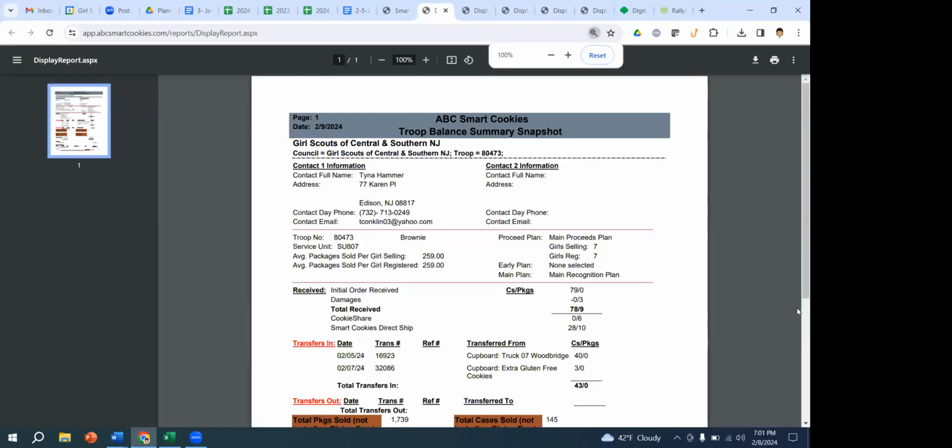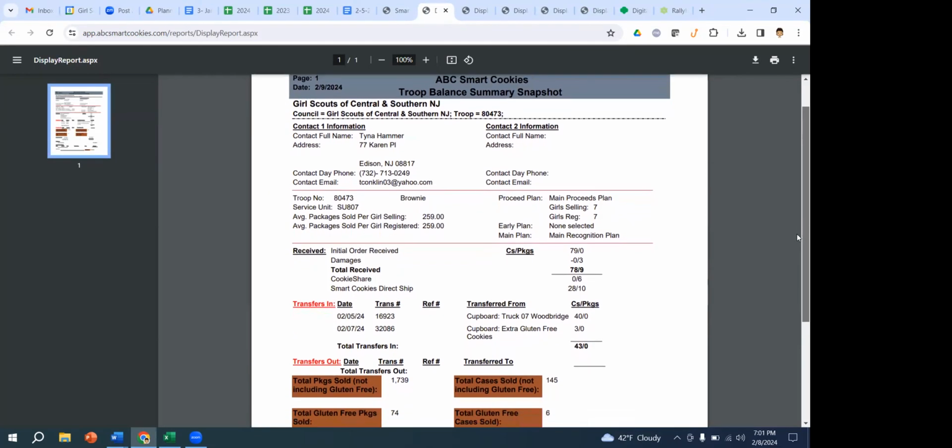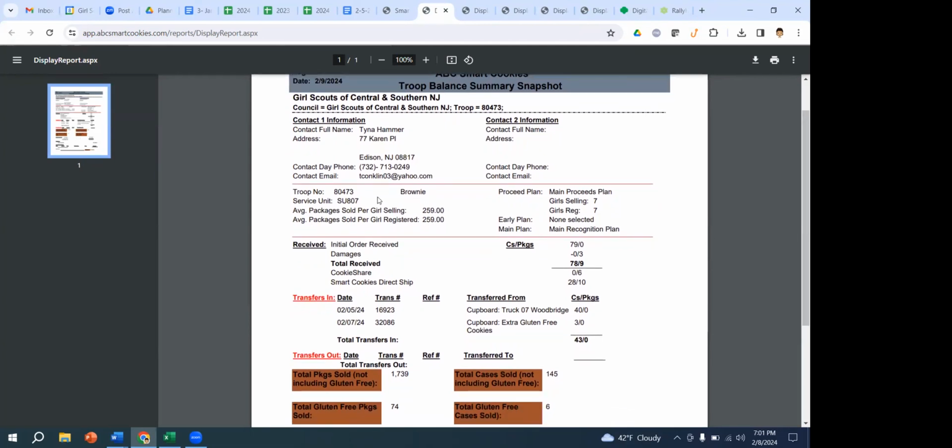So this is the snapshot report. It's basically the exact same thing, it just doesn't show all of the credit card transactions. It shows your troop number, your level, your PGA, which is what calculates your proceeds, based on your per girl selling. Right here, you can see for Tina's account, all 7 of her girls are selling. Had only 5 of those girls been selling, your PGA would only calculate on those 5. The 2 girls not selling will not bear your PGA at all. It won't have any effect, so you're not losing out on proceeds for that.